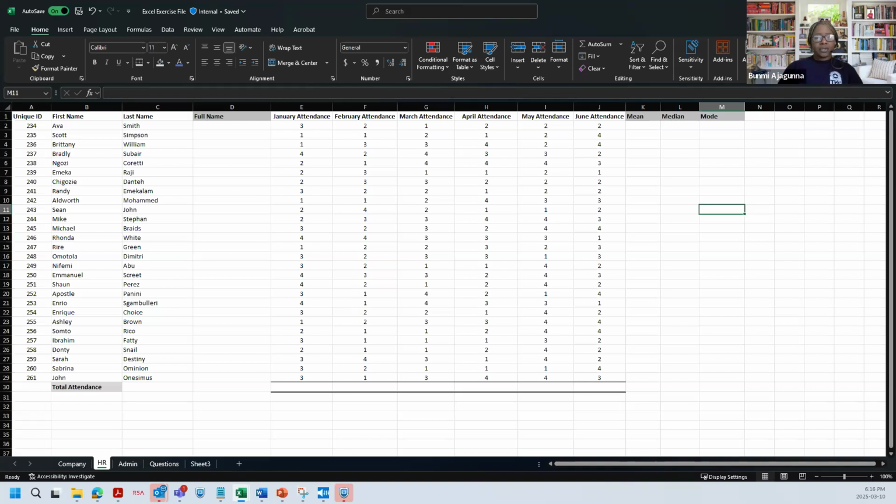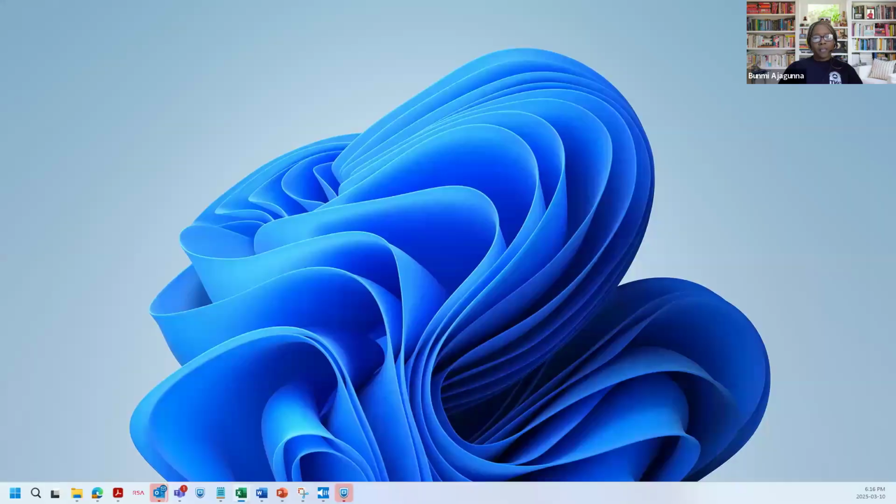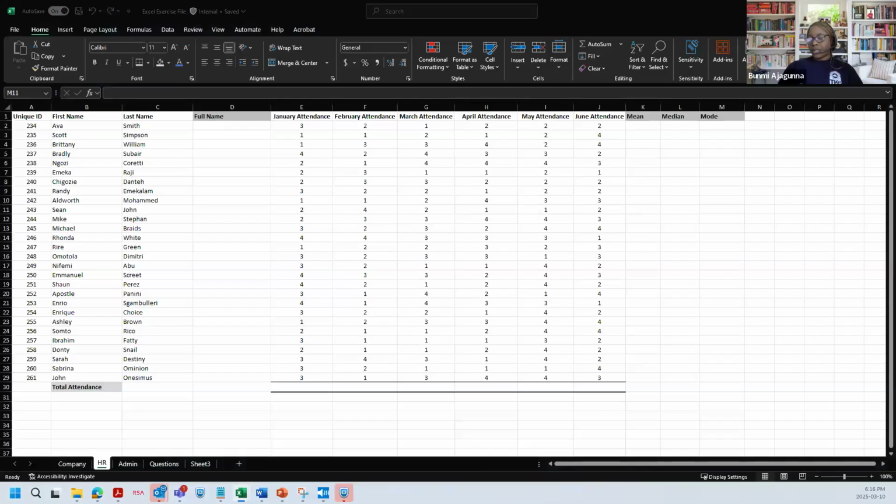All right, so right now in front of us, we have our HR tab open. And we're going to start basically here. With this HR tab open, what we want to do is understand what the mean is, what the median is, and what the mode is. Over here, we have a list of, let's call them, employees. We have a list of employees in Codable HR with their first name separated from their last name. But first, we want to know what the mean is.